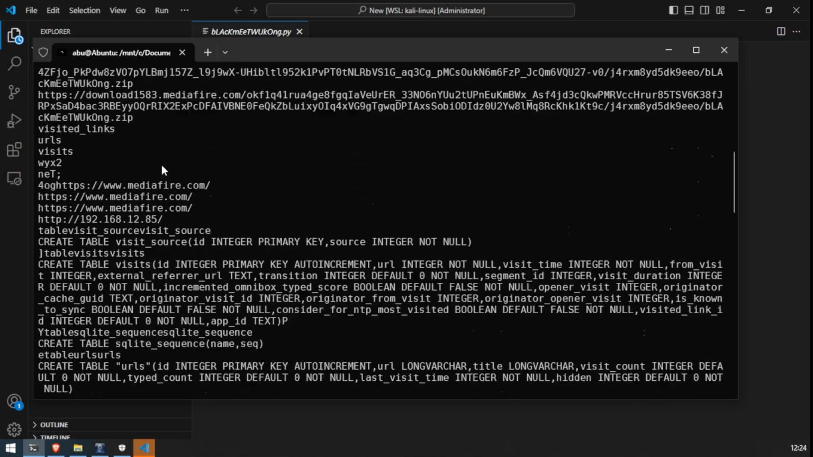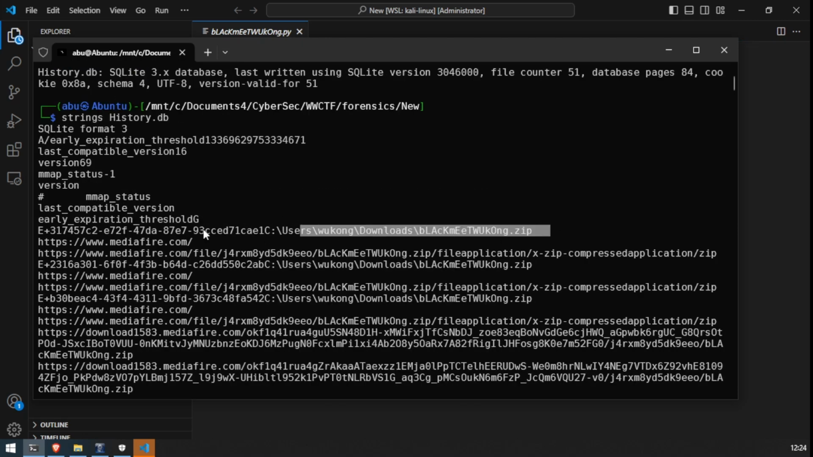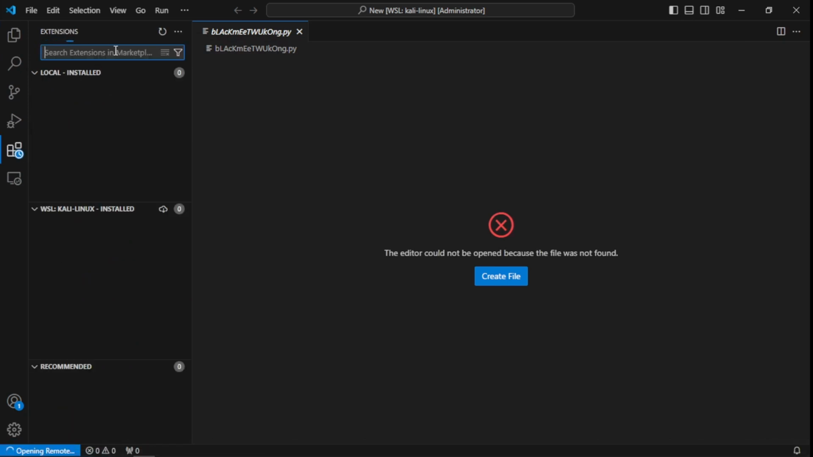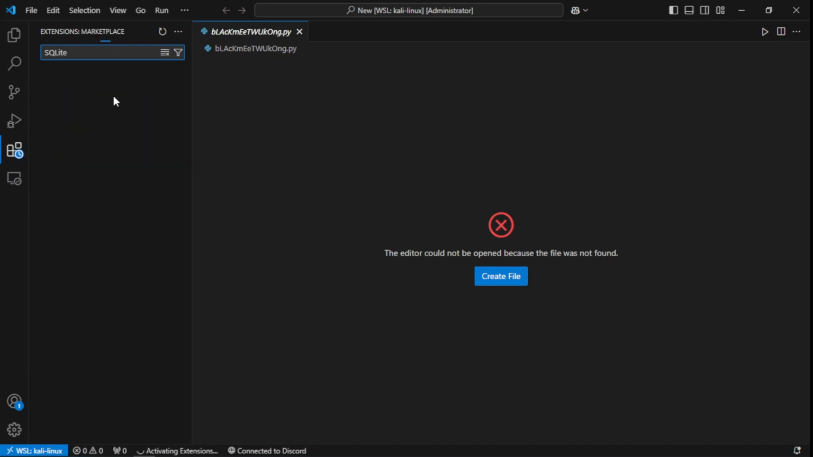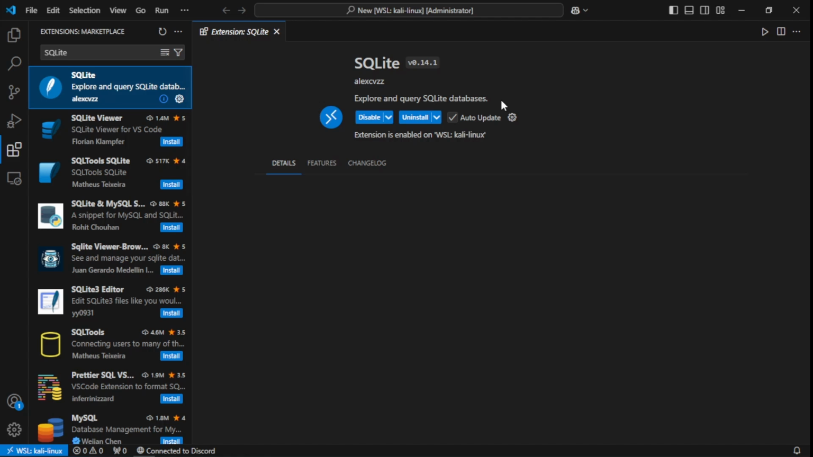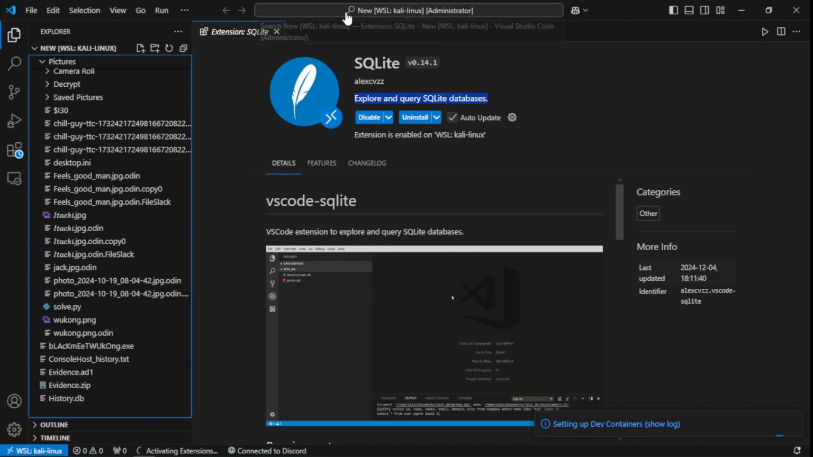We see a lot of interesting links. But instead of viewing this from strings, which is a very basic tool, we can go on to VS Code, and in extensions we can install something called SQLite viewer. So that extension basically allows us to explore and query an SQLite database. So once you've done that, you open up